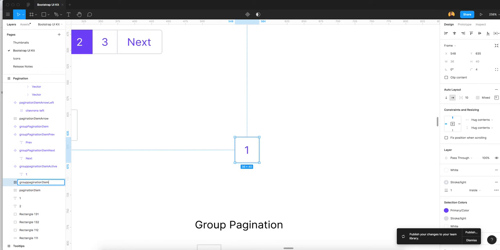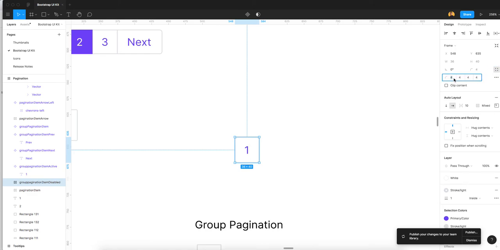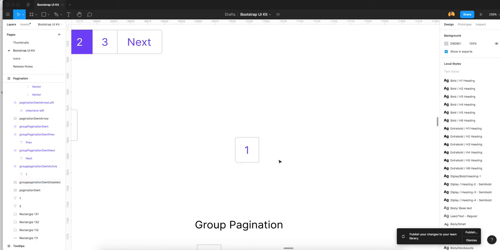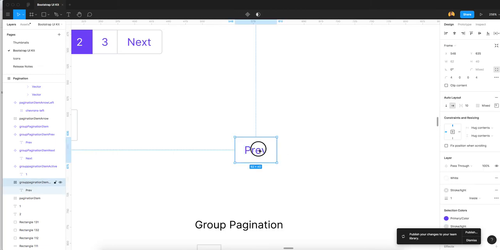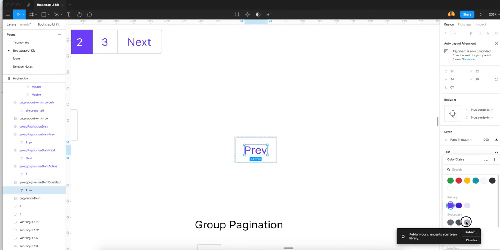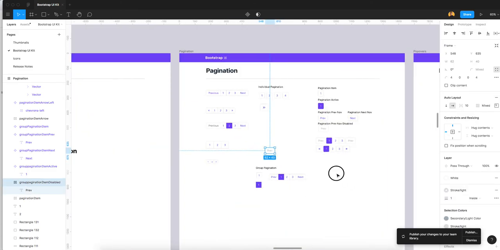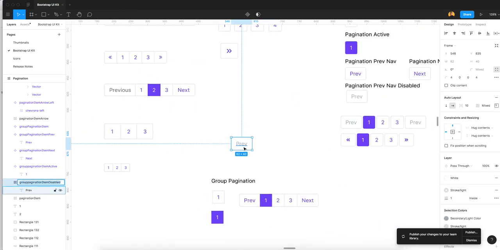We need disable. Now for this I need to change the radius here, 4, 0 and 0. See, previous, I change the color for this to secondary. Now this will be a disable state.